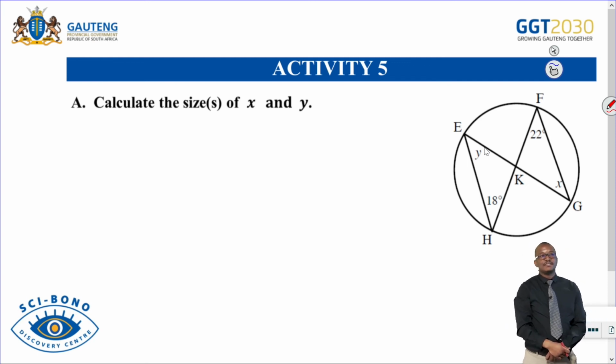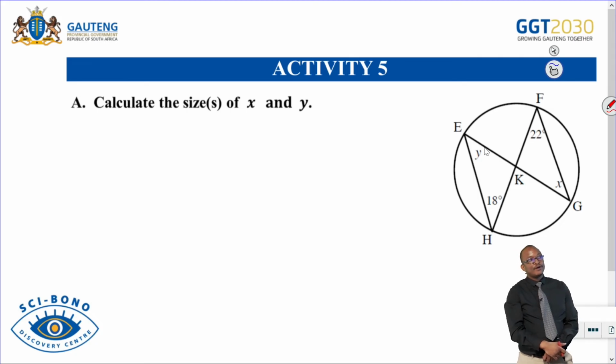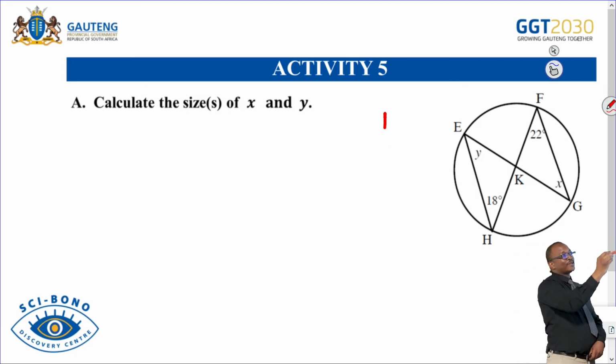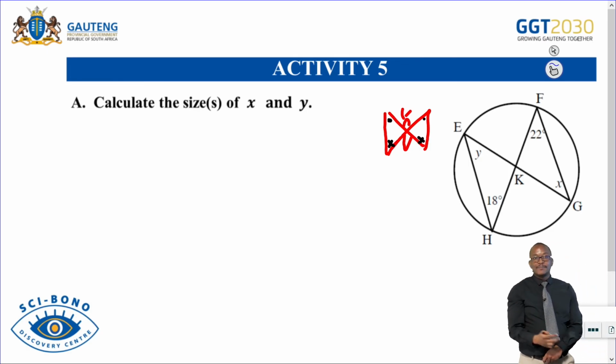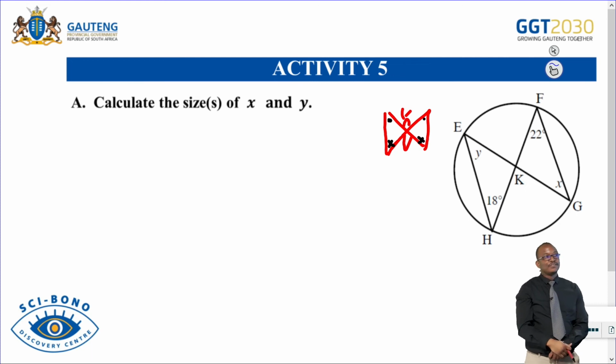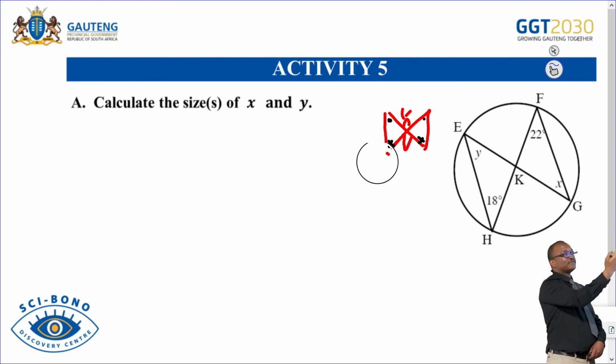Activity number 5, it says, A, calculate the size of x and y. You can see there. I used to call this type of a theorem a butterfly. Remember, your butterfly will look like this. You'll have a butterfly like that. That is a butterfly. But in a butterfly, we know that that angle and that angle are equal, and that angle and that angle are equal. You must look for a shape of a butterfly when you're dealing with this type of a